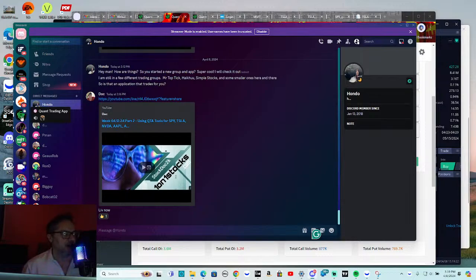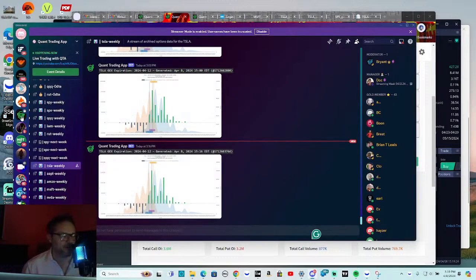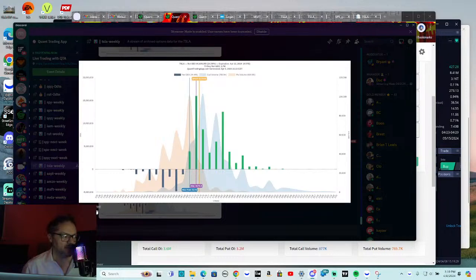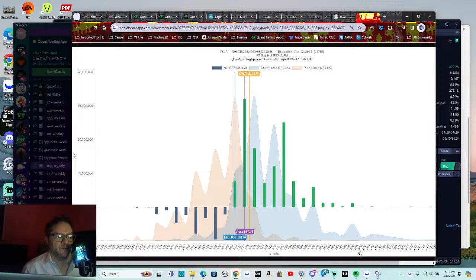So, on the quant trading app, we have GEX feeds. And here's the Tesla GEX feed. Max pain. This is what we were talking about. So if we wanted to buy 100 contracts for Tesla at 200,